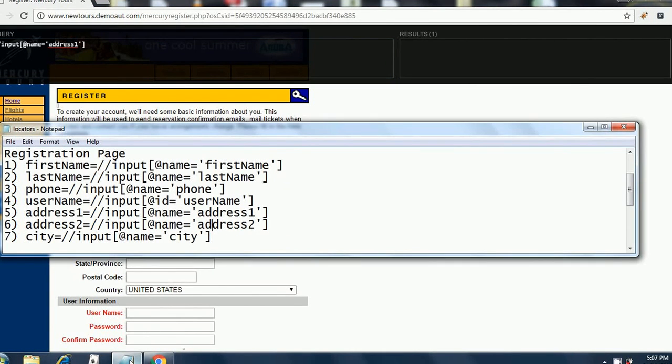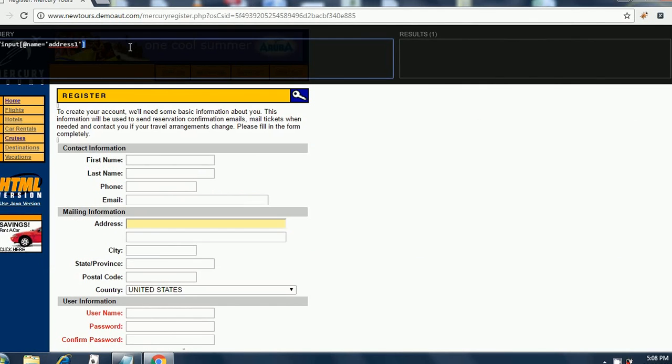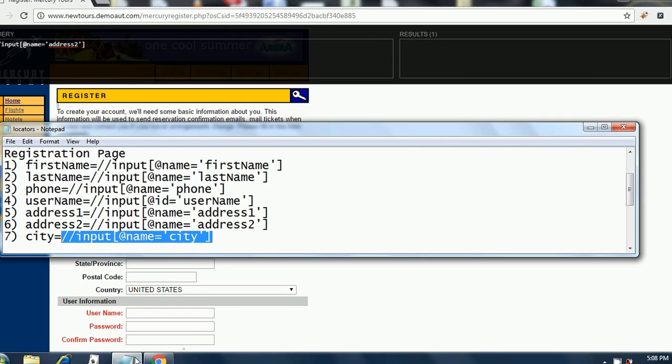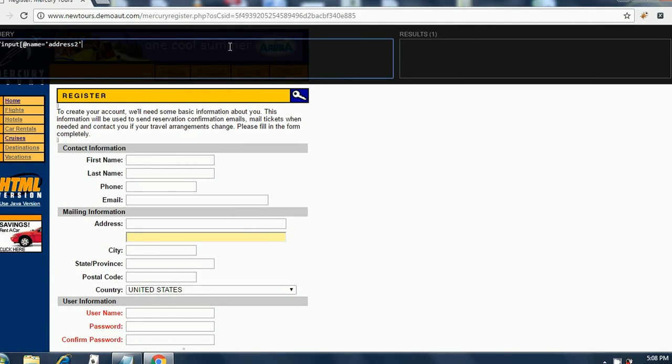Then we have address 2. Address 2 is highlighted. Next comes city. City is highlighted.